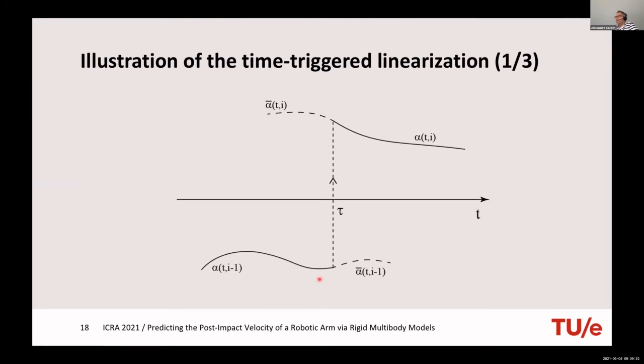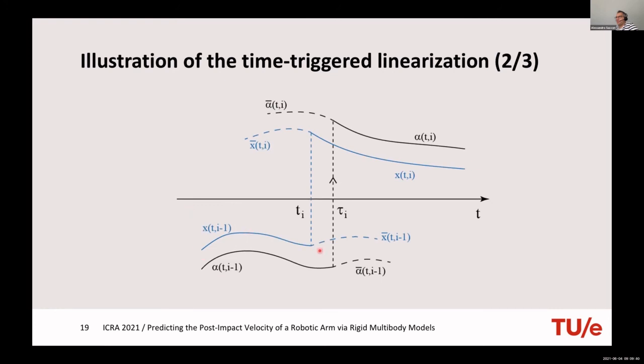Right, so this is an illustration of the time trigger linearization. So you have a reference trajectory, you jump on the nominal time, then you perturb the trajectory, the jump will occur at a different time. And what this time trigger linearization is doing, and again, this is relatively known, is that you can actually approximate this blue curve with the curve that is this red one that still jumps at the nominal time.